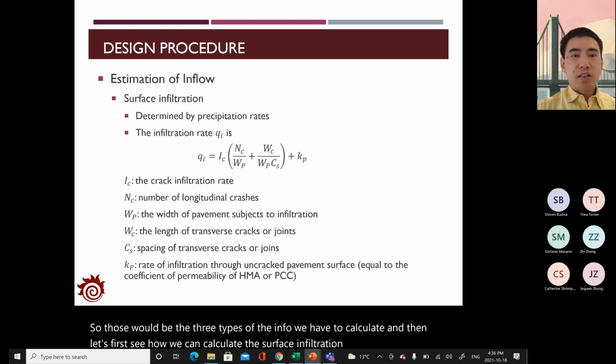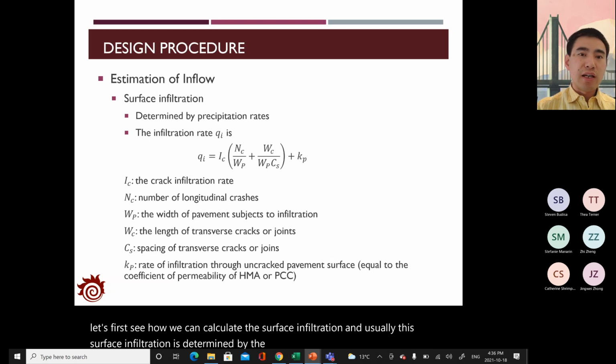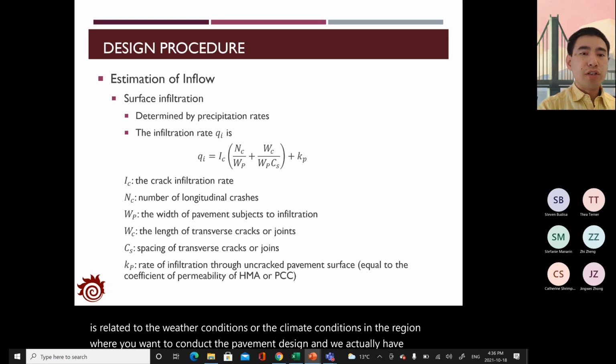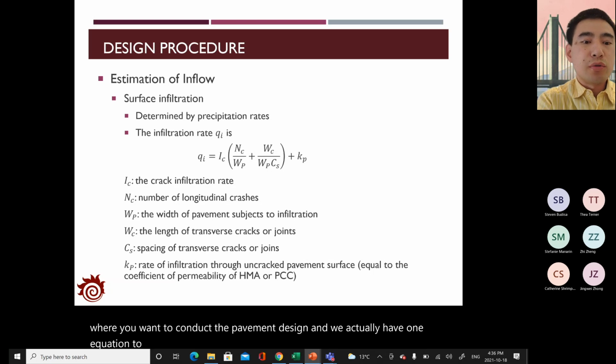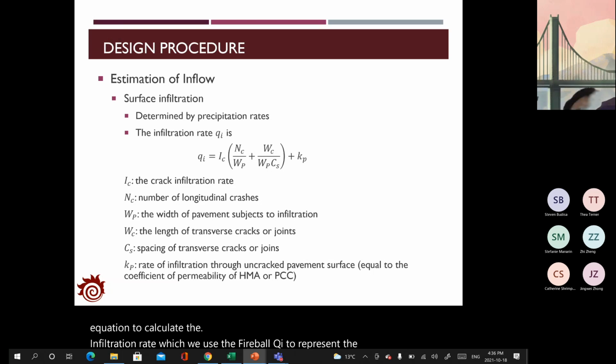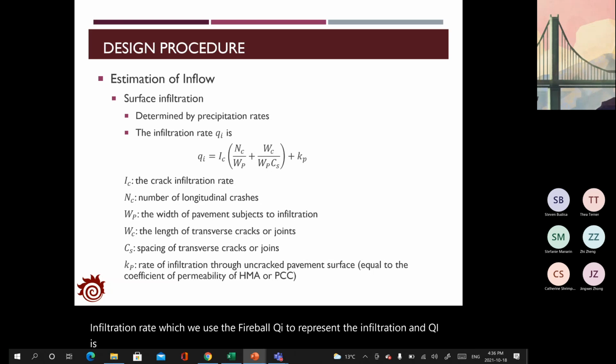And usually the surface infiltration is determined by the precipitation rate in that region. And this is related to the weather conditions or the climate conditions in the region where you want to conduct the pavement design. And we actually have one equation to calculate the infiltration rate, which we use the variable Qi to represent the infiltration. And the Qi is actually a function of several variables. That would be the IC,